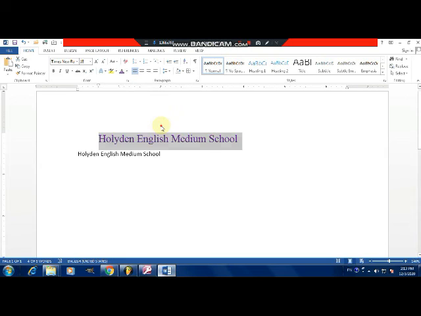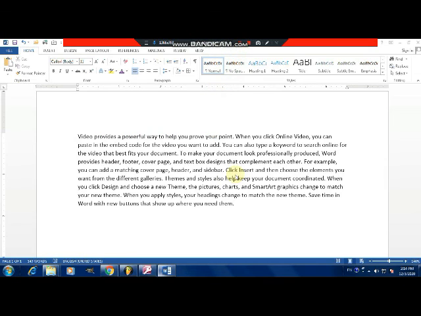After this, the next one is highlight color. What is the use of highlight color? If you want to highlight a particular sentence in a paragraph, like here we have a 10-line paragraph, and we have to highlight a particular sentence of this paragraph. First select the highlighter color. After selecting that highlighter, you can see the mouse pointer is replaced with an I-beam with the highlighter. Just select the text we have to highlight.